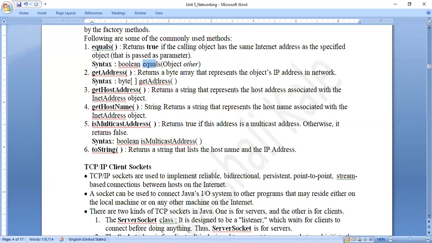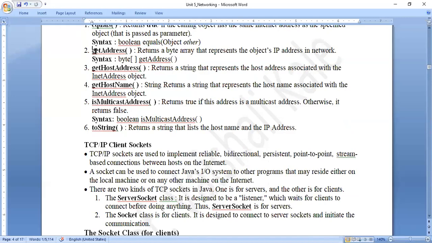Then the next method is getAddress. Concentrate on these methods because in our journal program we have used them. The getAddress method returns a byte array that represents the object's IP address in the network.